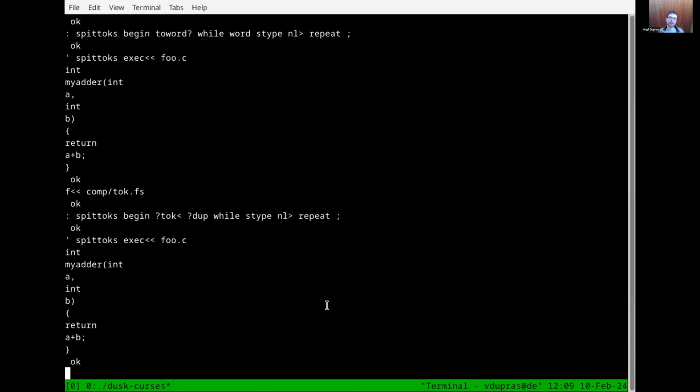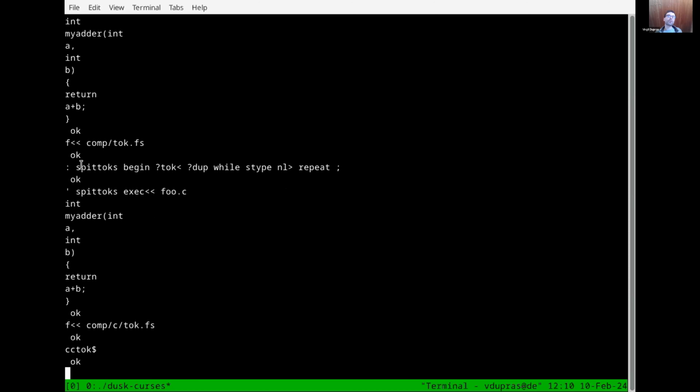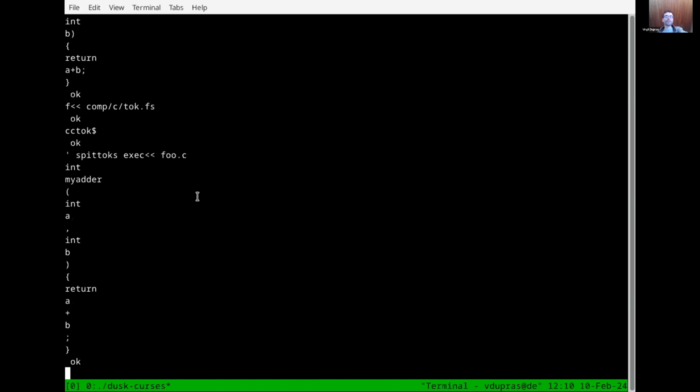However, we have a C tokenizer here that we can load. I won't show you the code, because showing code in a presentation like this is meaningless, but it's like 70 lines of code or something, so it's rather simple. So we'll tell the general tokenizer that we install the C tokenizer now. We'll repeat the same step, and we will see that tokenizing works as expected.